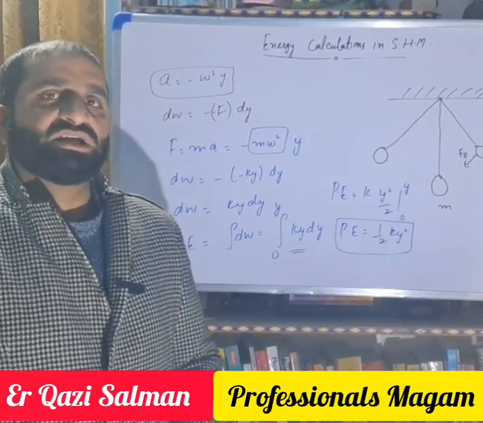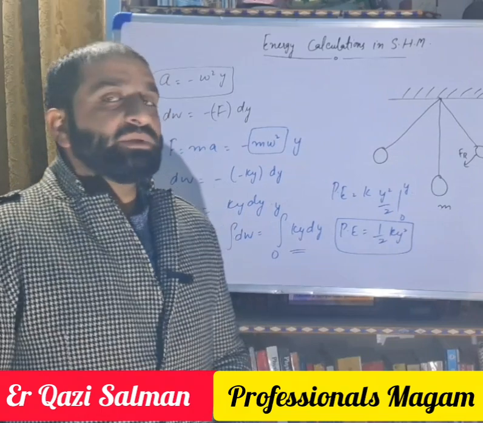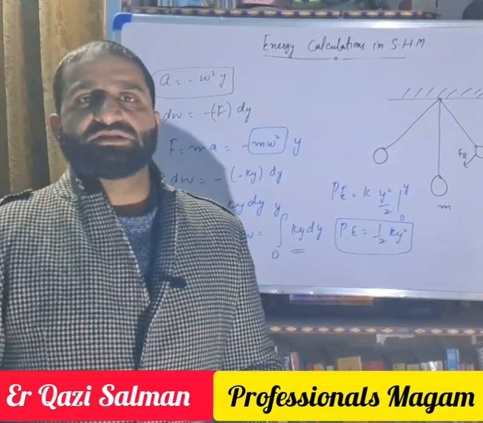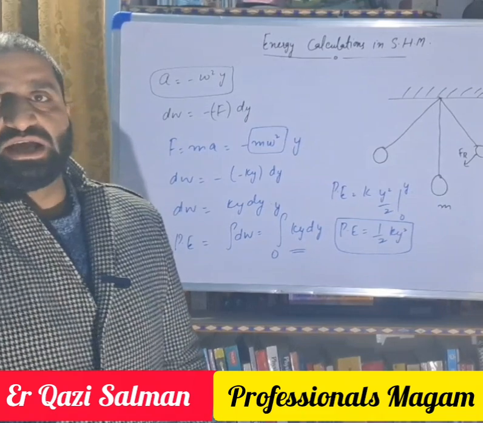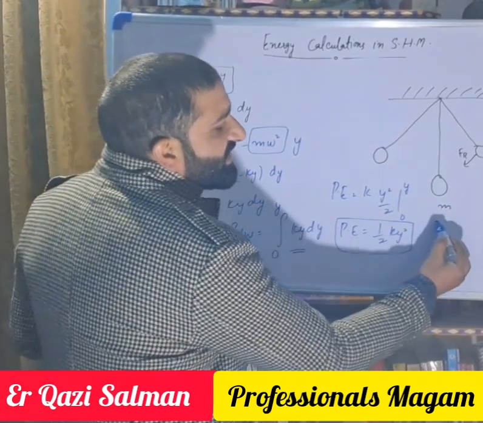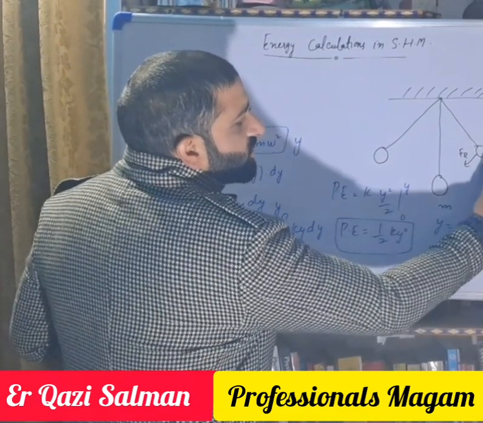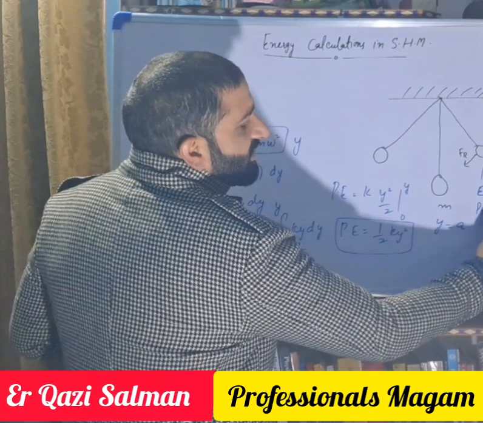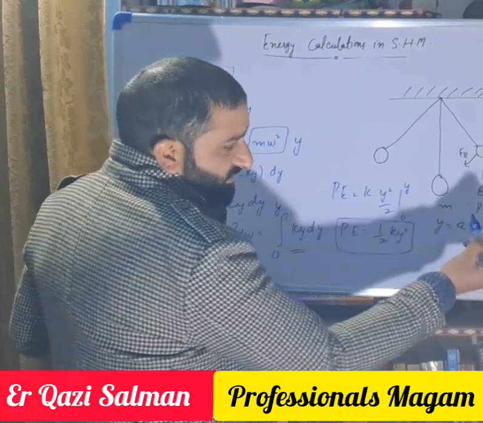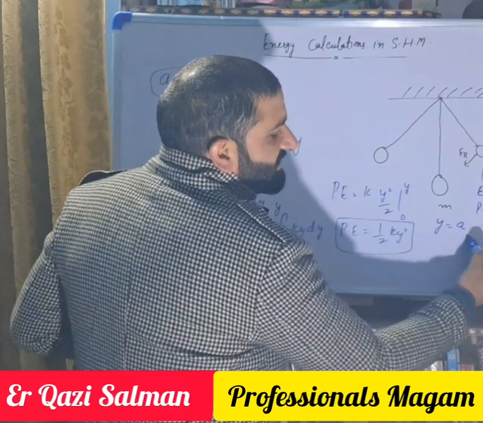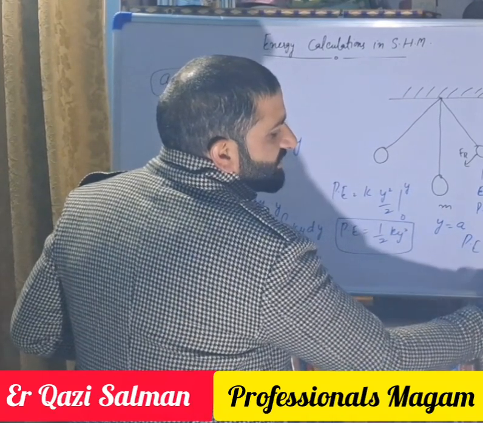If we look at the mean position, at the mean position y is equal to 0, displacement is equal to 0, so potential energy is equal to 0. If we look at the extreme position, at the extreme position the displacement y is equal to a, so at the extreme position the potential energy is equal to 1 by 2 k, instead of y we will take a,